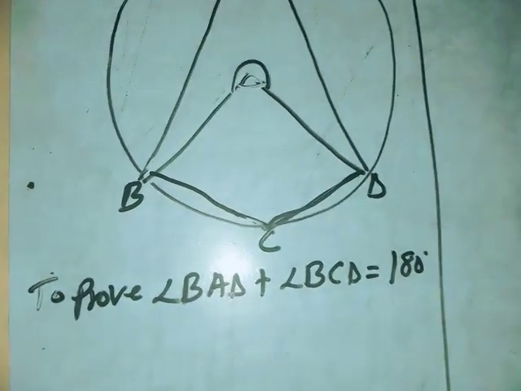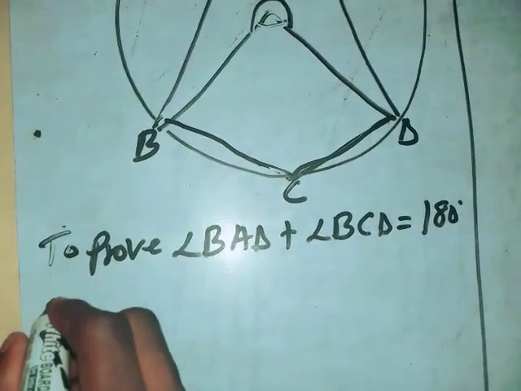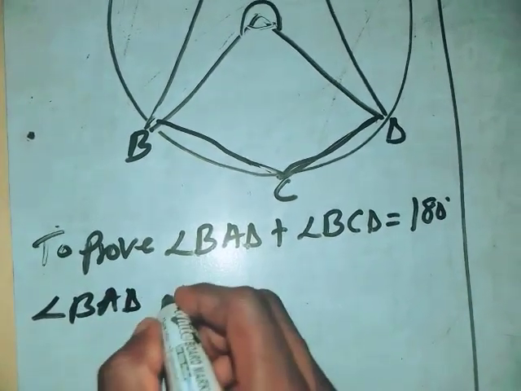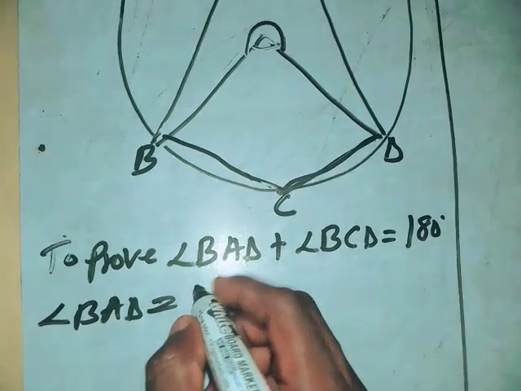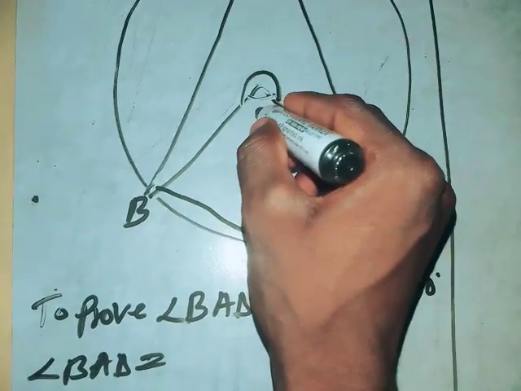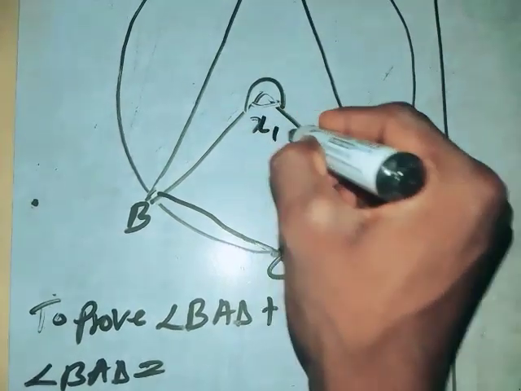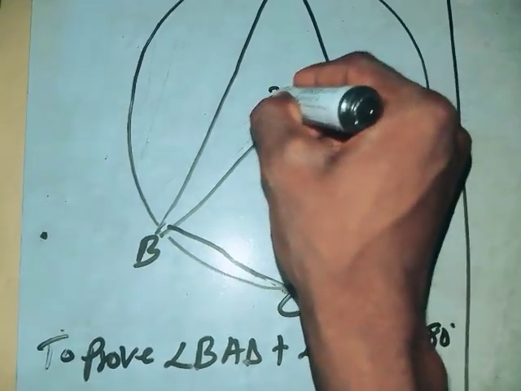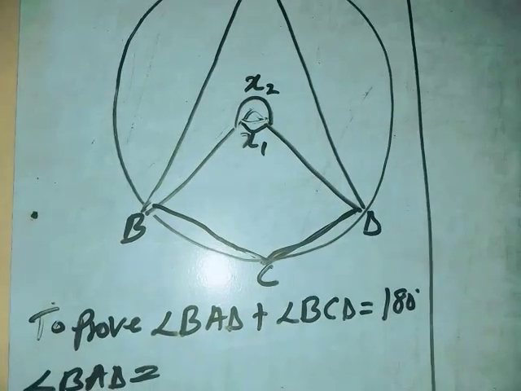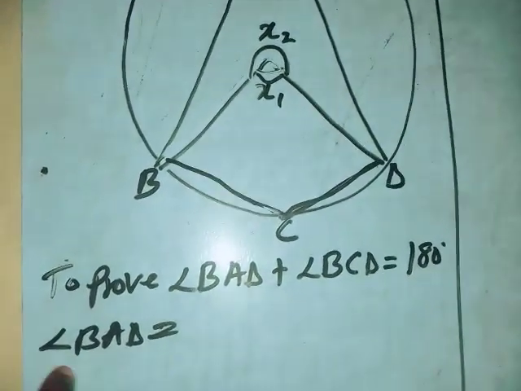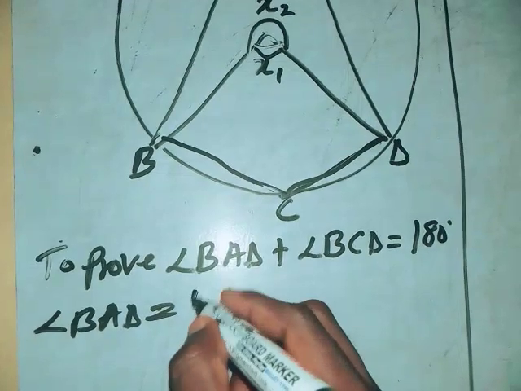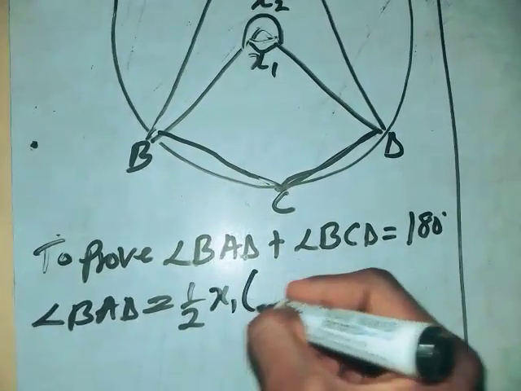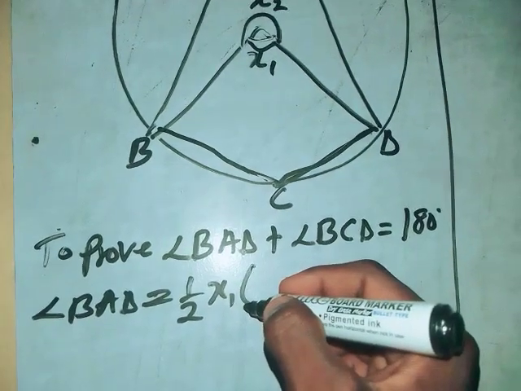So can we say that angle BAD is equal to, let me call this angle x1, and let me call this angle x2. Now we have to prove that angle BAD is 1/2 of x1. The reason is angle at the center